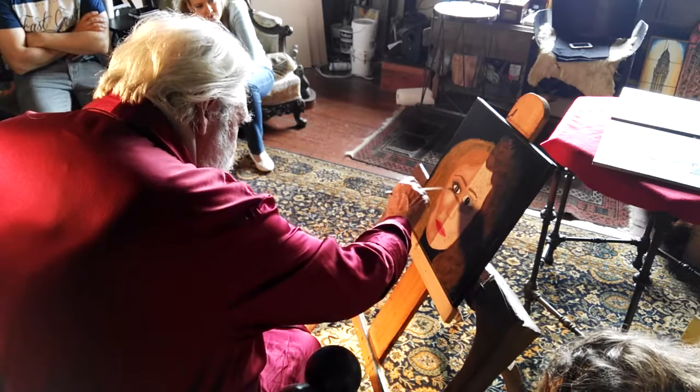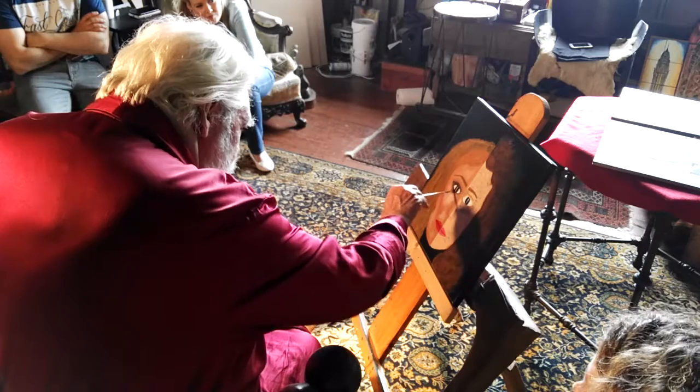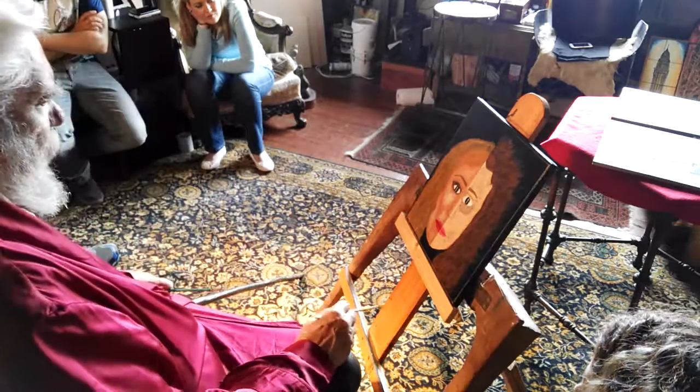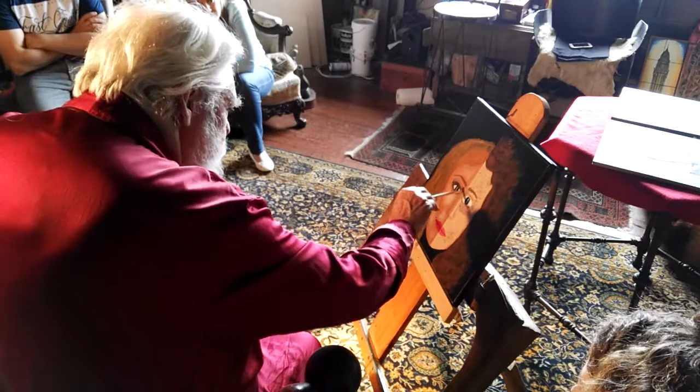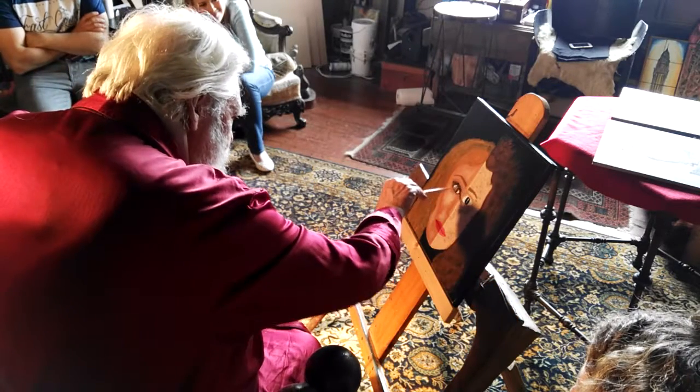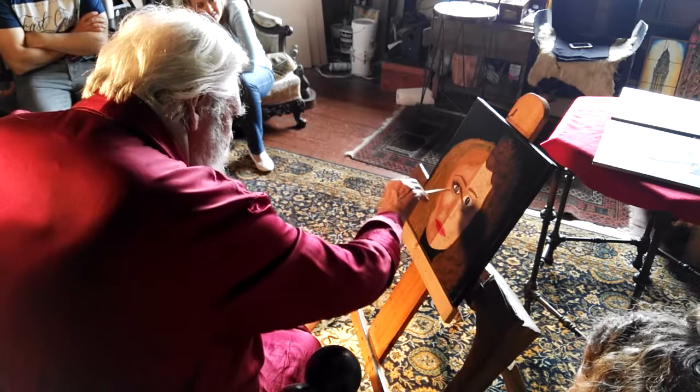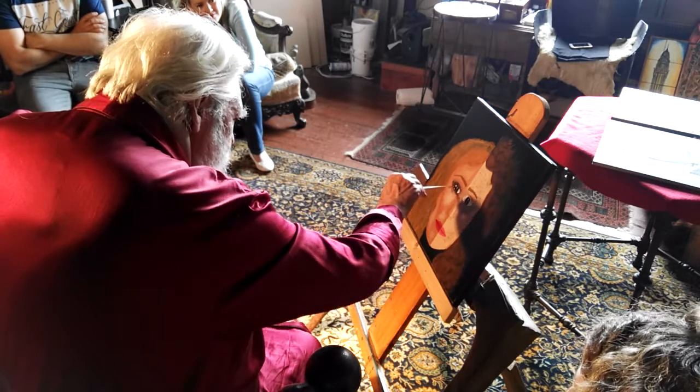So right away, I love these eyelashes, and I think we can even enhance them a little bit. Just give them a little more shadow. Even sexier beast, huh? There we are. And bring that shadow down kind of to the top of the eye. I'm feeling this now, I could be wrong, but